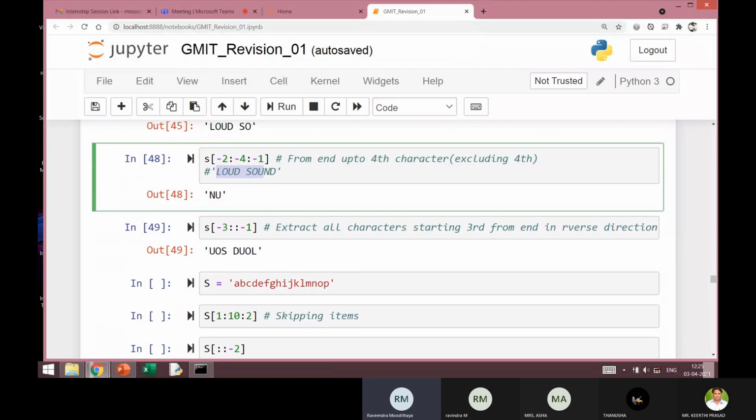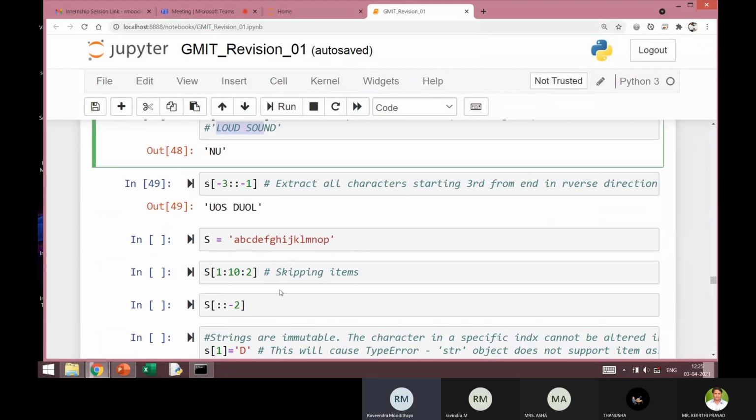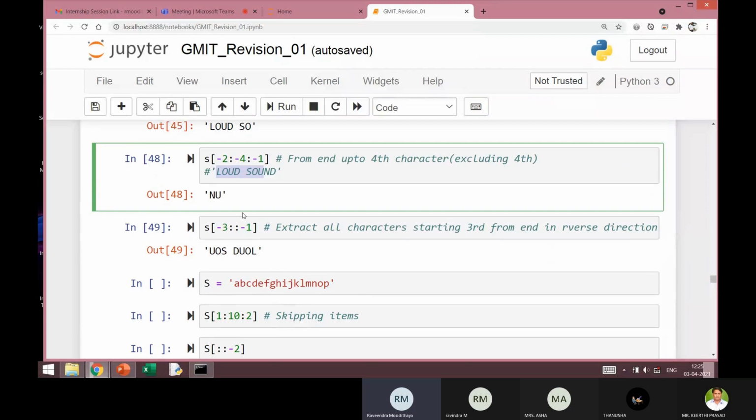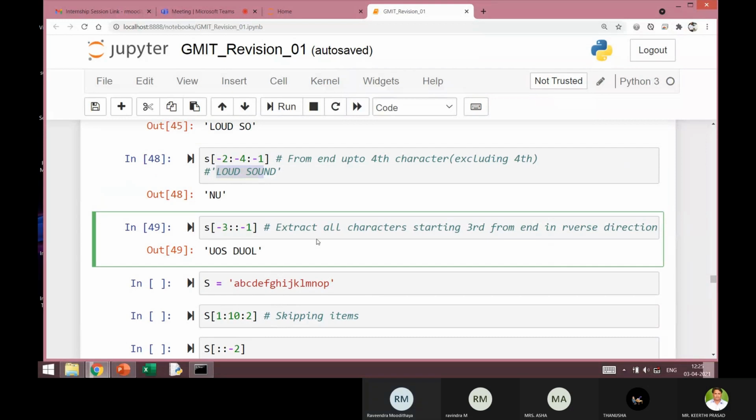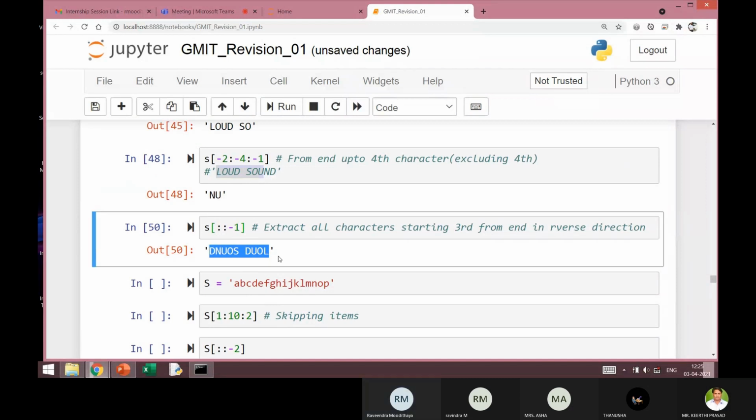Now I think there is another very simple way in which you can reverse the entire string. I can reverse the entire string if I don't specify this. Can you see that the output is the same as the input, except that it is spelled in the reverse direction?